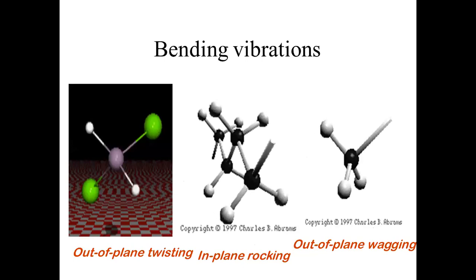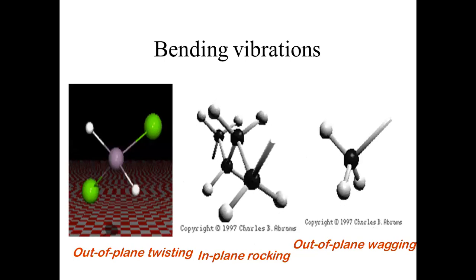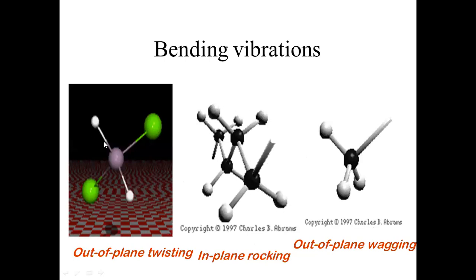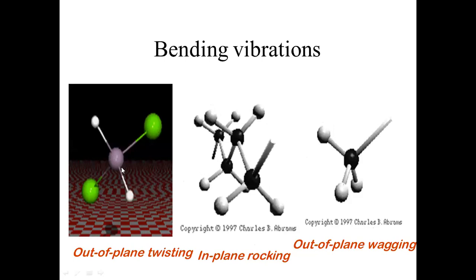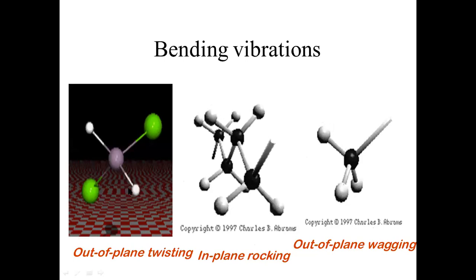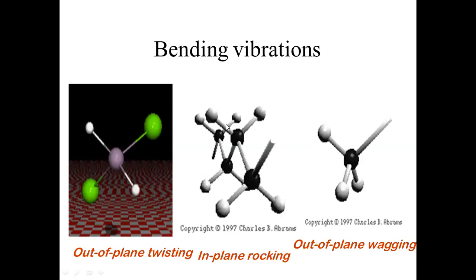Now you just see those vibrations. It will be more clear to you. Now this is a twisting kind of vibration. So initially the atoms were in different planes and they are changing their plane. So you call this a twisting kind of vibration. This is a rocking kind of vibration. The atoms are remaining in the same plane and they are all in agreement with each other. So this is an in plane rocking, while this is an out of plane wagging kind of vibration.